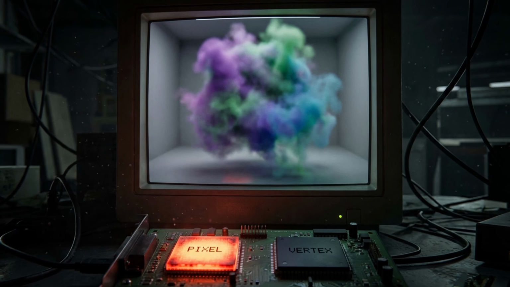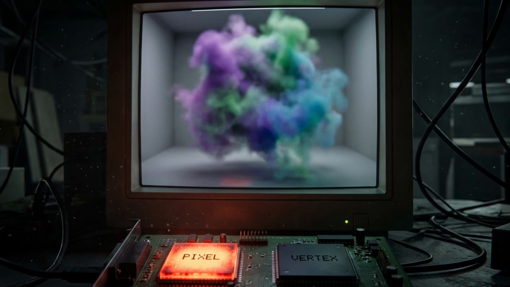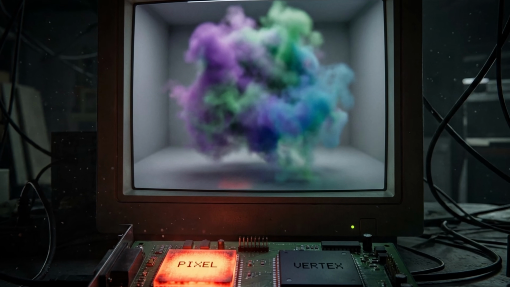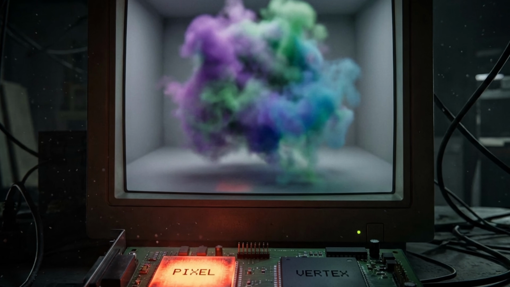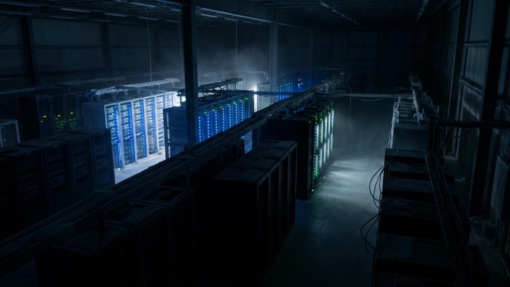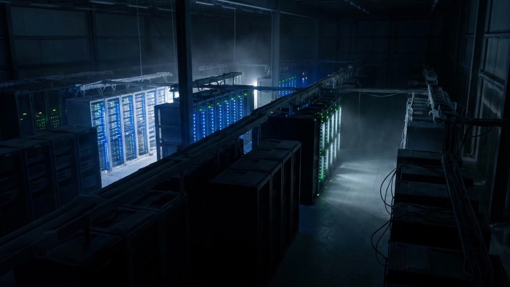Conversely, if a scene featured simple box-like rooms but filled them with dense, volumetrically shaded smoke and complex particle lighting, the pixel units would choke, while the vertex units remained starved for data. This problem, known in the industry as low occupancy, meant that a significant portion of the GPU's expensive processing power